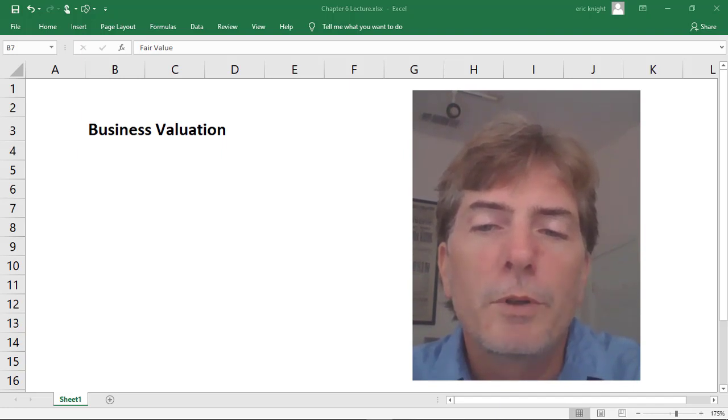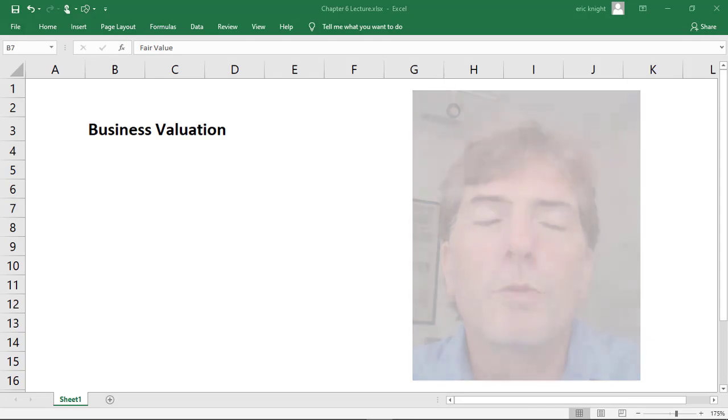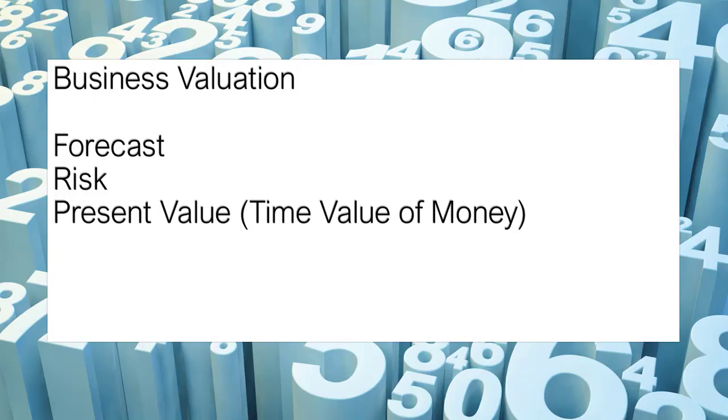So, for example, when the balance sheet or income statement present the business in terms of a value, it's up to you, the user of that information, to be clear about how that value was determined. So when determining a business valuation, there's three elements we need to consider. First of all, we're going to be making a forecast. We're going to be guessing, estimating, however you want to say it, what future earnings are going to be, what the business is going to be doing operationally in the future.